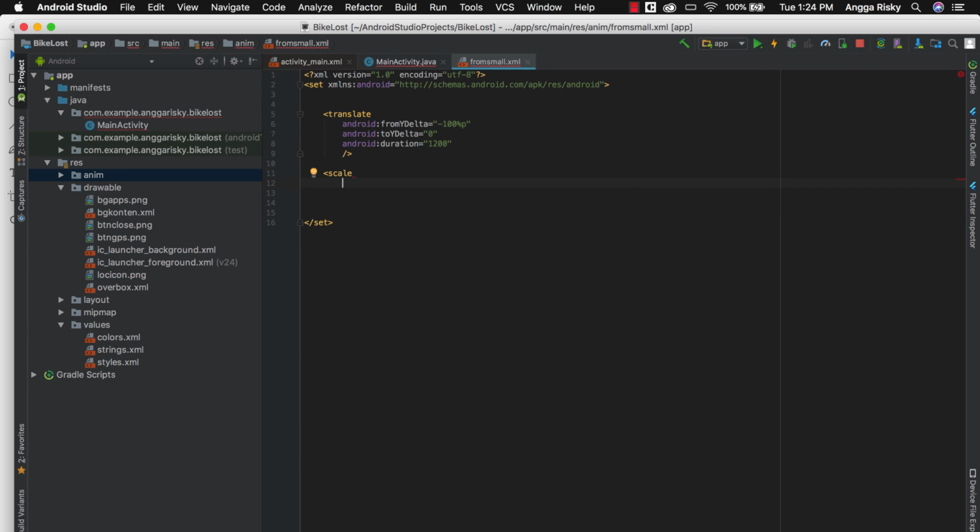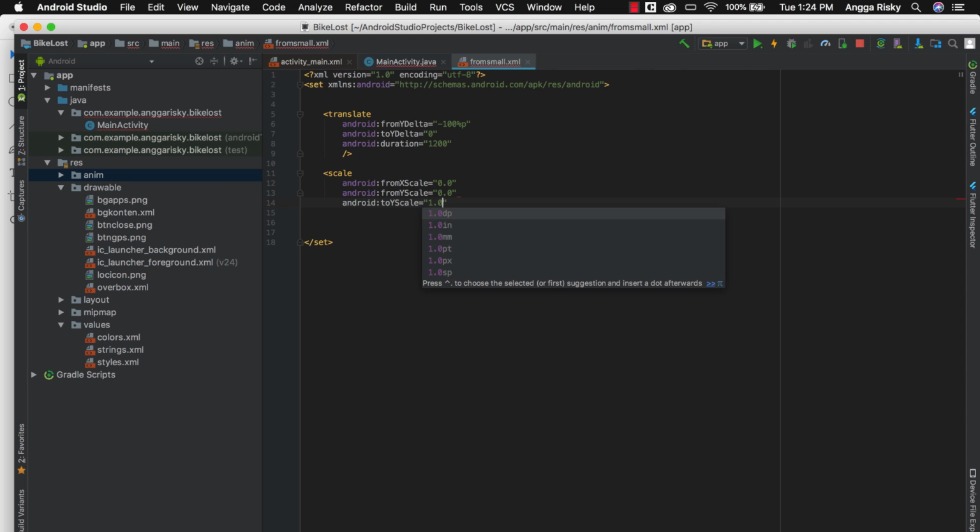So basically this is to make it small to make it big. So from x scale 0.0 and from y scale 0.0, and then to scale 1.0.